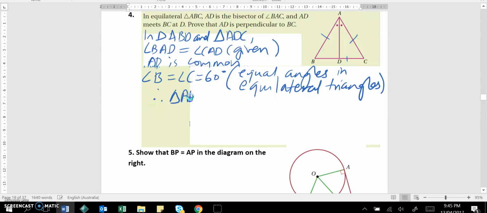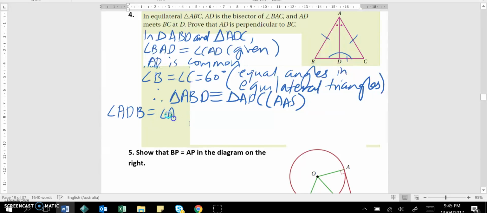So triangle ABD is congruent to triangle ADC. And my rule that I used was actually AAS. So I've got to write that down. Cool. So basically what that means about these 2 angles here is they're equal because they're matching angles in congruent triangles. So I'm going to write that down. Angle ADB equals angle ADC. And you're going to write your reason, matching angles in congruent triangles are equal,